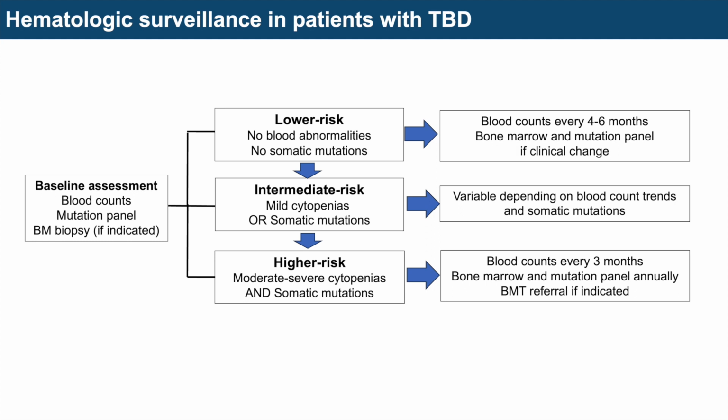And so this is data driven by our program, recognizing that we're still accumulating more data to understand what is the optimal strategy. But this is how we are approaching it. And I'll also mention that patients within any of these buckets can move. It's a moving target. So from one year to the next, patients may develop new blood count abnormalities, and therefore the surveillance strategy has to change accordingly.